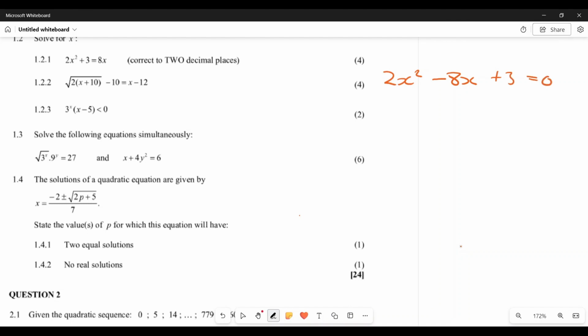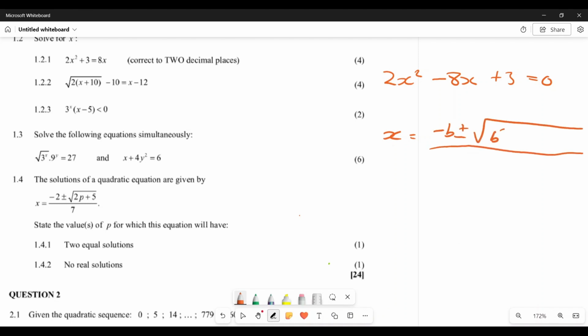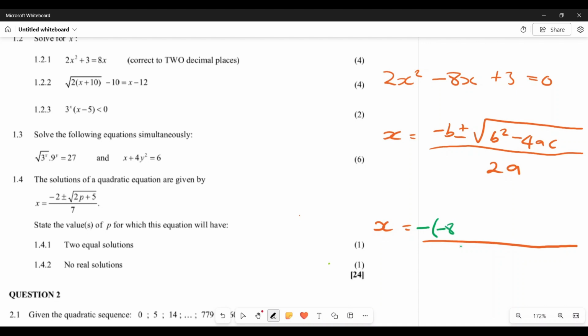From there, I'm going to write down my quadratic formula. So writing down my quadratic formula, right? So let me just draw my line here. It's minus b plus or minus the square root of b squared minus 4ac, all over 2a, right? From there, I need to substitute my values here. So my value of b, let me start by putting the minus here. My value of b is negative 8 plus or minus